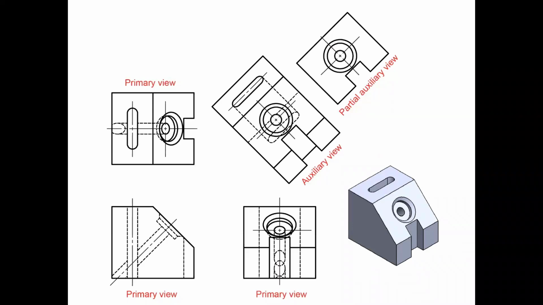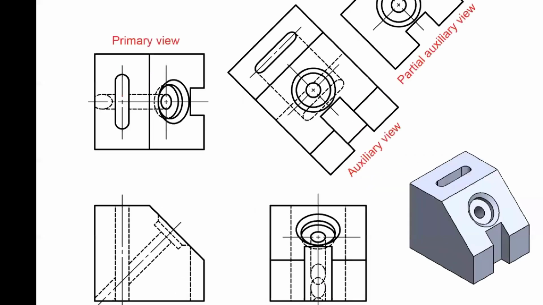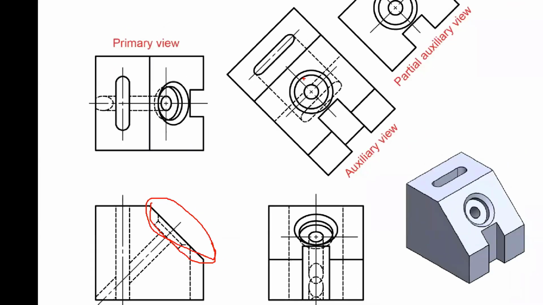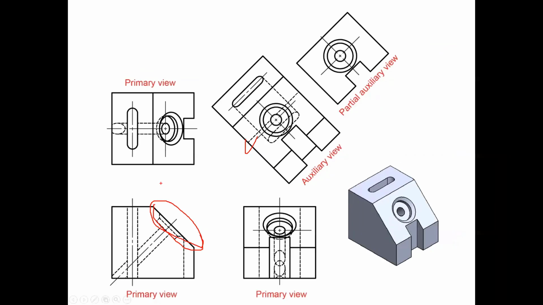And so I'm going to create this auxiliary view. And the method that we're going to use for all this class is going to be that partial auxiliary view that you see up there at the very end. So we're really only worried about what's happening right along this face right here, right? This is the only thing we're concerned with. This is what the whole view looks like, but this is ultimately what we want right here, just that one face. Okay? So the way that works is, we determine a spot up here